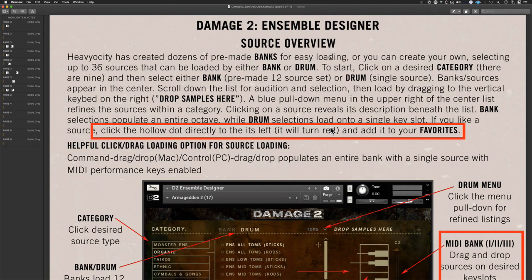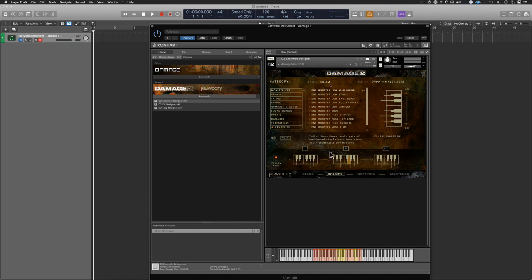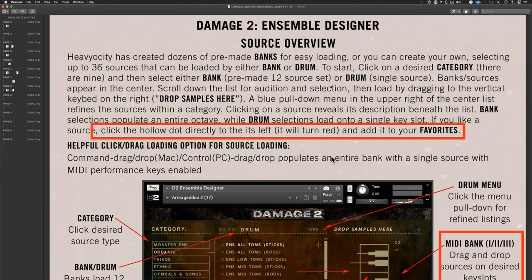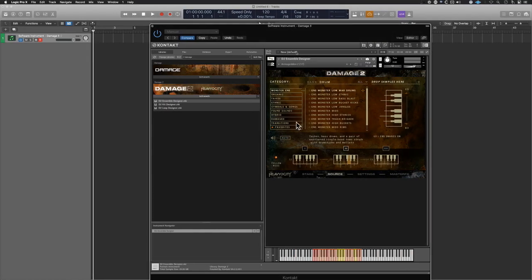All right, so then now we're in the ensemble designer, but in the source overview. So here is the tab there. And so now Heavyocity has created dozens of pre-made banks for easy loading, or you can create your own, selecting up to 36 sources that can be loaded by either bank or drum. To start, click on a desired category. All right, well, let's start. Let's go with